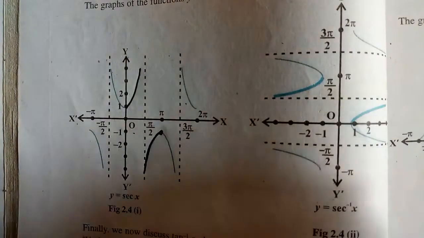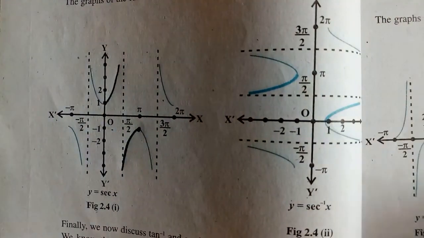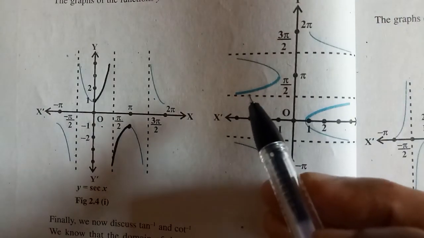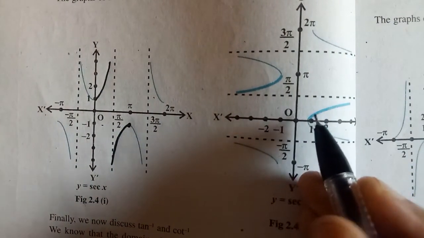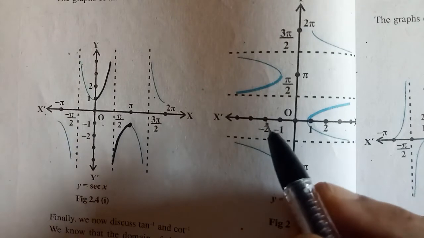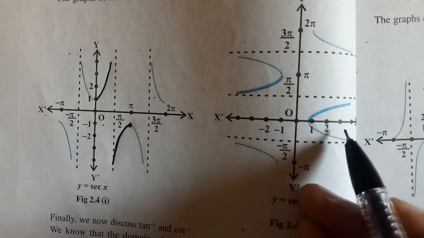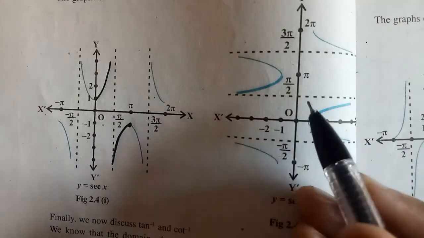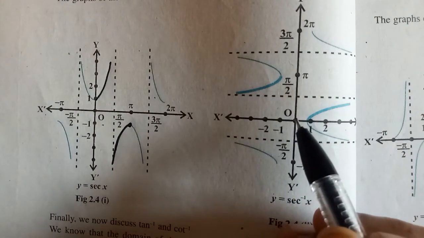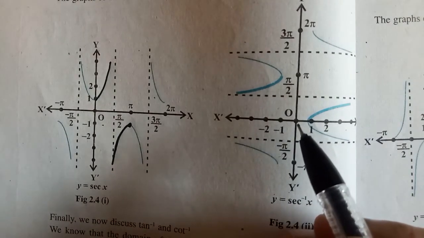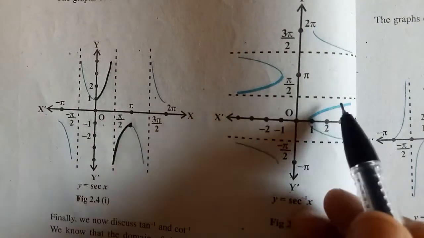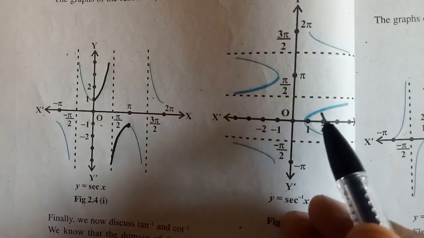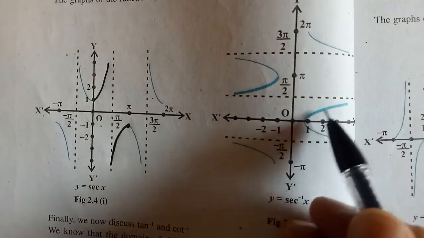Just look at it in this graph. In the graph of sec inverse, here you can see it is highlighted. From here to here and here to here, you all have unique images. Why am I covering this side and this side? Because I should have the positive and negative side, positive x-axis and negative x-axis. So from 0 to pi except pi by 2, which is not there, all the images are unique. So that will be my range, right?